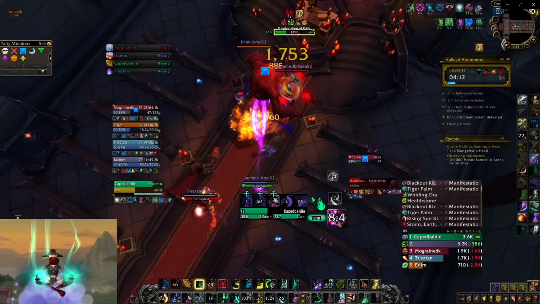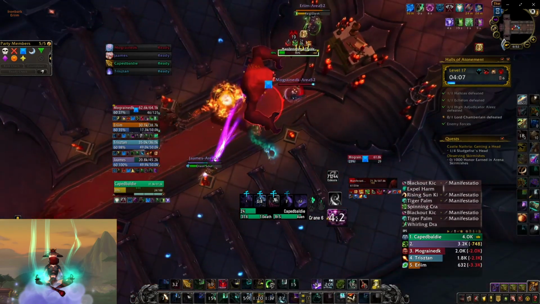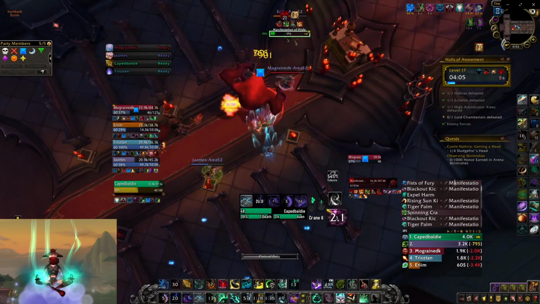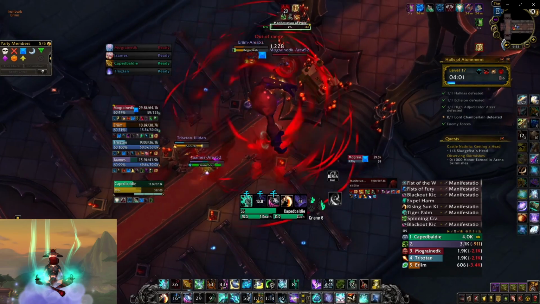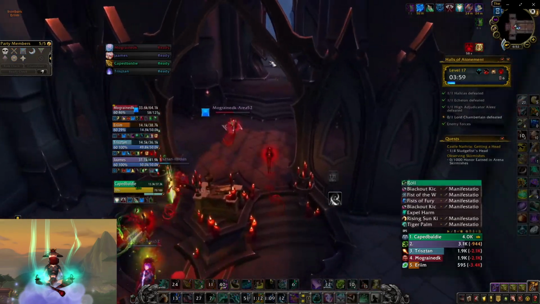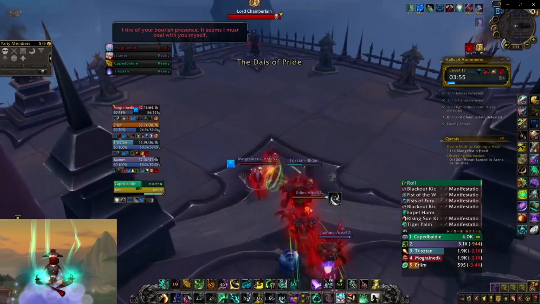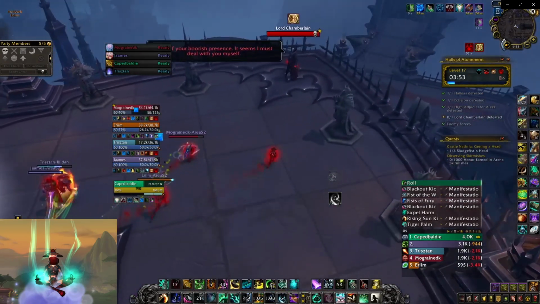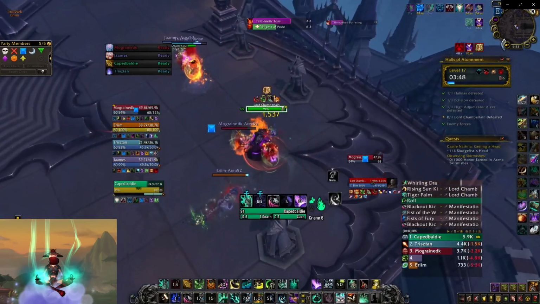I was just playing a little greedy here. Actually, we did okay here. So, after we finish up this guy, we're going to get into the last boss, which is Lord Chamberlain. He does a few abilities. One of the abilities he's going to do is called kinetic toss, where he grabs one of these statues and